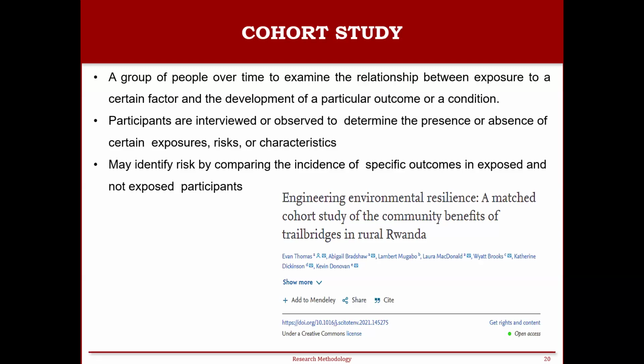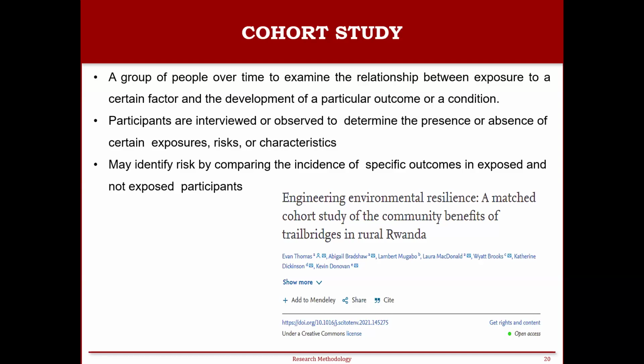The individuals are followed over time in order to see who developed the condition at the end of the study. Sometimes the initial starting person will not be there once the ending person develops the condition. So it takes more time to complete this cohort study. But the benefit is that through the cohort study, the reliability is high compared to other studies. We can get a good, reliable, consistent outcome compared to the other studies we have.